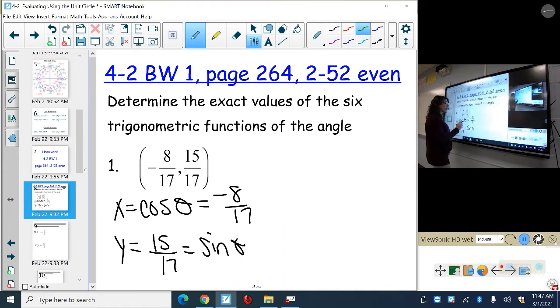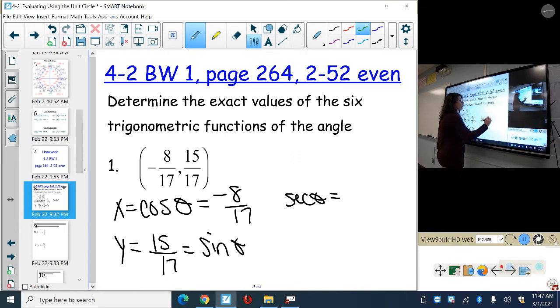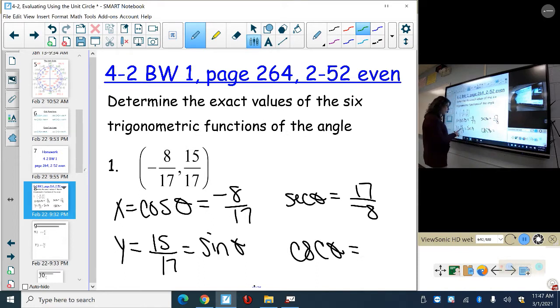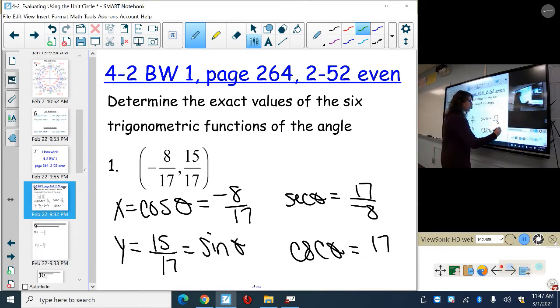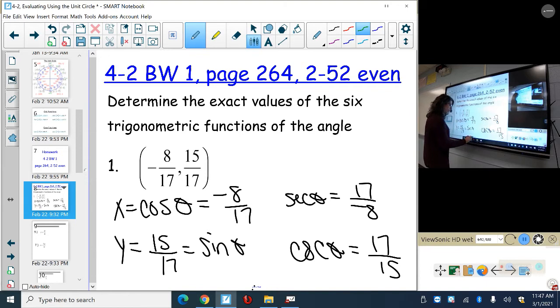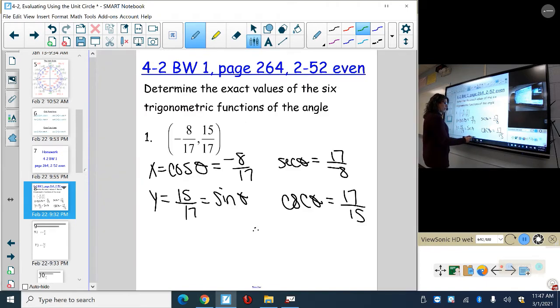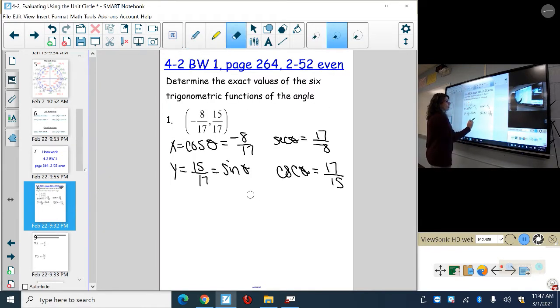Okay? So remember, if I give you cosine and sine, then you know the reciprocal of that. The reciprocal of cosine is going to be secant. Take the reciprocal, 17/8. The reciprocal of sine is going to be cosecant, and if that is 15/17, that's going to be 17/15. Okay? Now,